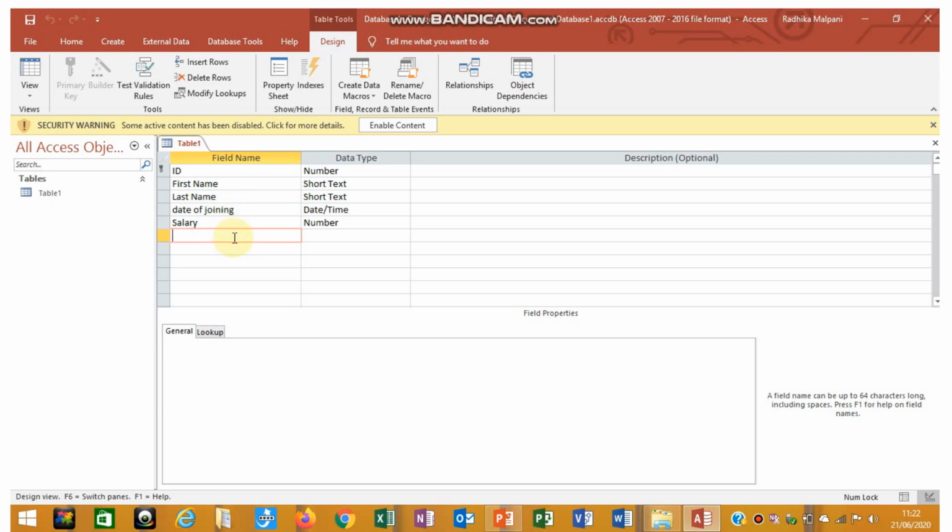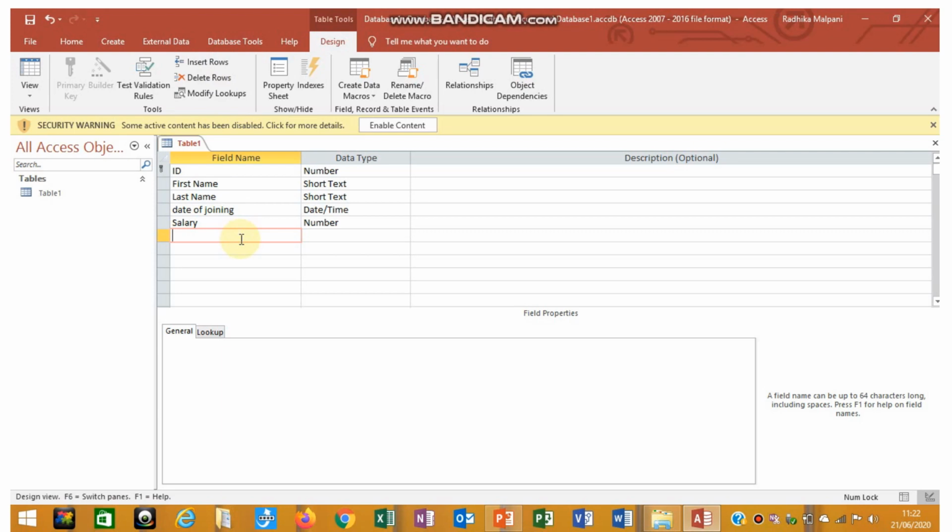Below Salary, click on that row, click on that cell. After making that cell active, here under Design View, you will see Insert Rows. So click on that Insert Rows.